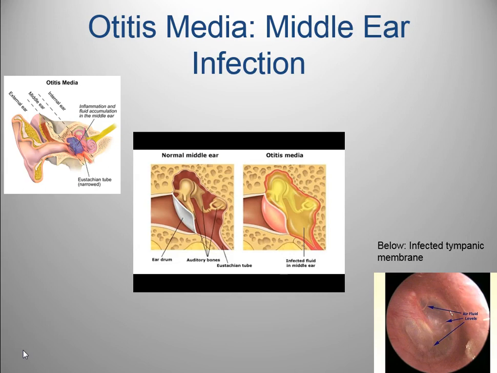If the doctor looks in the ear of the affected patient, they'll see at the bottom there that the tympanic membrane is very pink and irritated. A regular tympanic membrane should be translucent. You should be able to see through it. So if you look in each other's ears, you're going to see that the tympanic membrane is pretty translucent. You shouldn't really be able to see much through it, but if you have an ear infection, you will